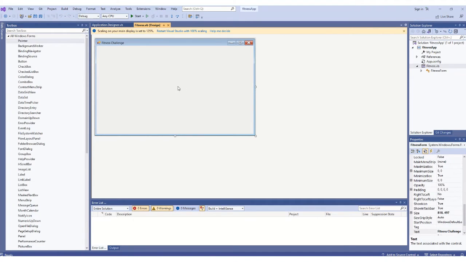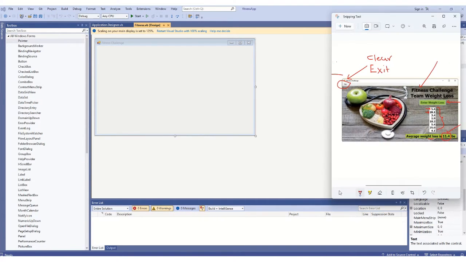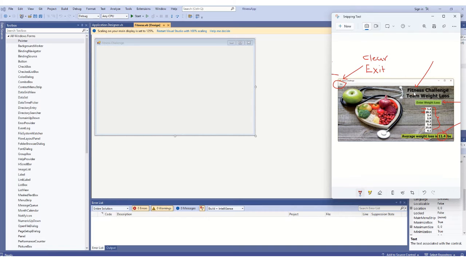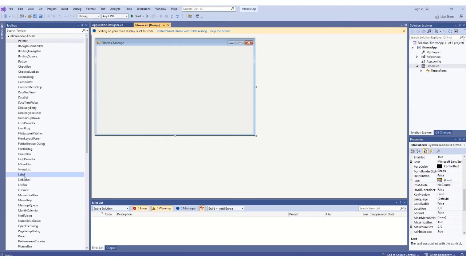Now what we should do, before starting the application, before starting the development process, is a little bit of cleanup. We don't need cleanup because we will have an image anyways. So let's move towards the first steps. Like here, let's add a label called fitness challenge team weight loss. So let's add a label here and name it as